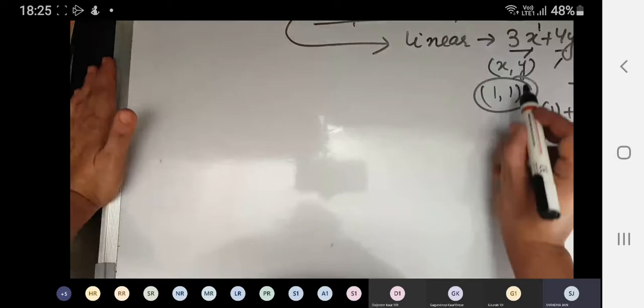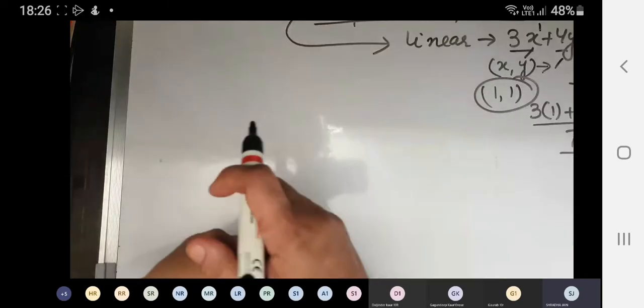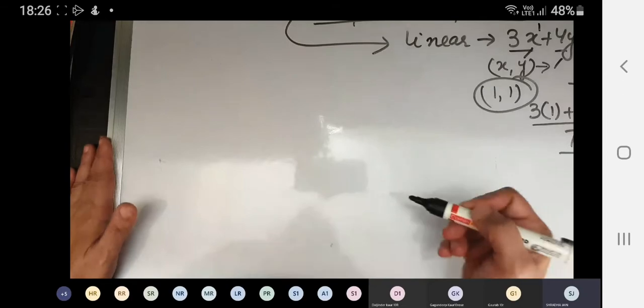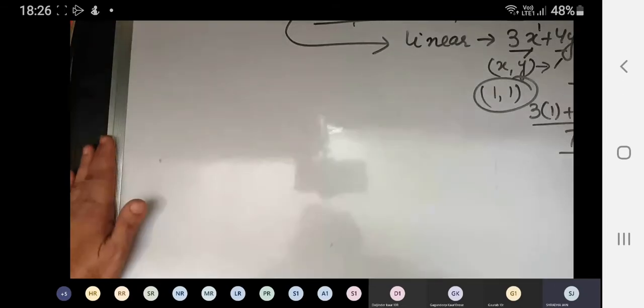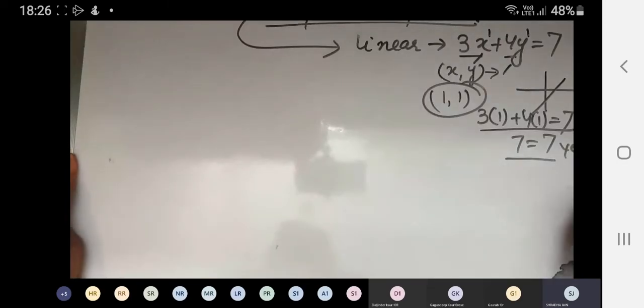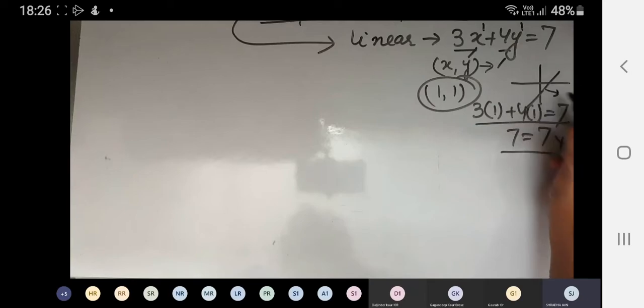We used to have the set of numbers of x and y. We could take any number of x and y that satisfy it, and we used to plot them in a graph. So every equation has a distinct line. Every equation has a line of its own kind. So that line we used to obtain.